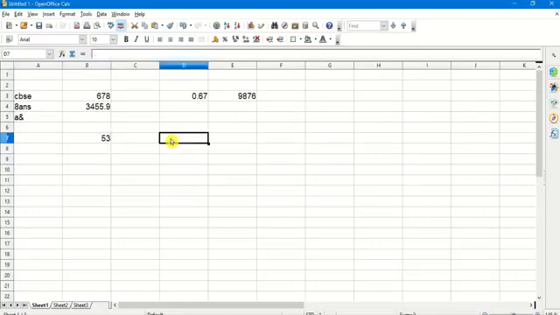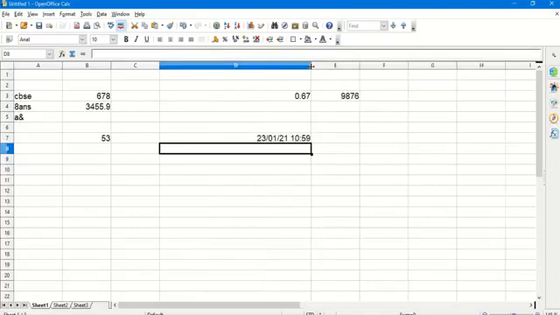Similarly, if I am writing something called a function, for example, I will write a function called NOW, which displays to me the current date and time. Then press the enter key. The formula is displayed on the formula bar. Whenever I see a hash sign like this, it means that the width of the cell is too small for the entry. So I just click over here and increase the size of the cell, and you can see the actual entry. This NOW function helps me display the current date and time.